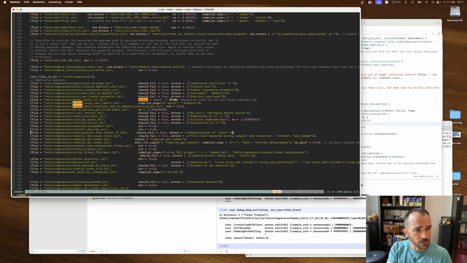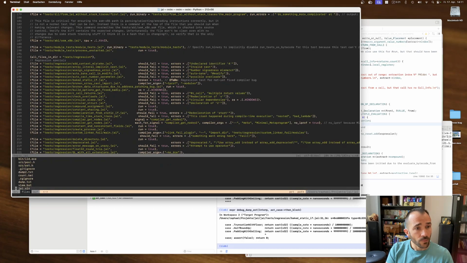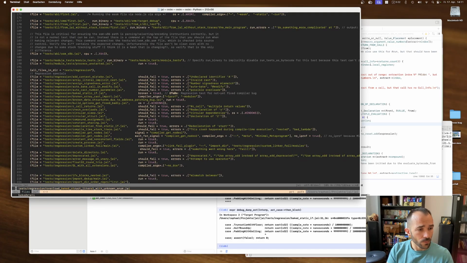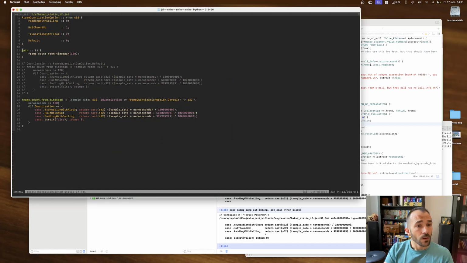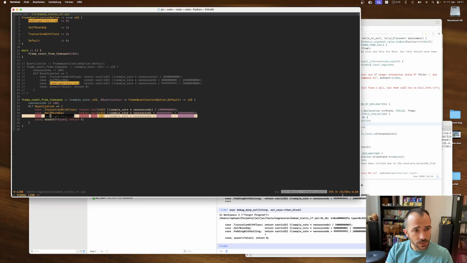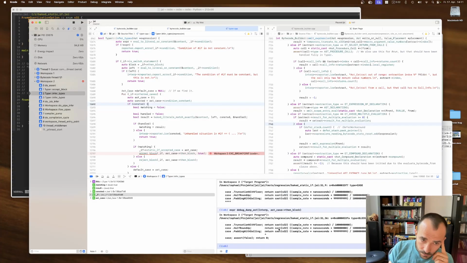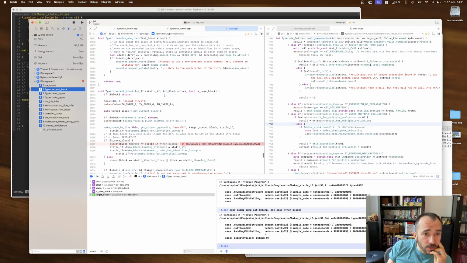What happened here? We say default. Default is 0, which is padding with ceiling. Okay, so we accepted this one. This is correct. Good. So far, so good. So we accept the block, we give the then block, and we give it the static if. And accept block does what?